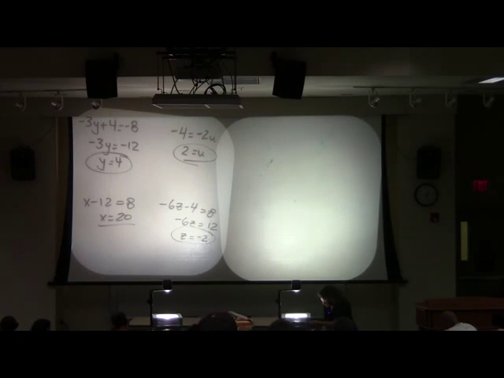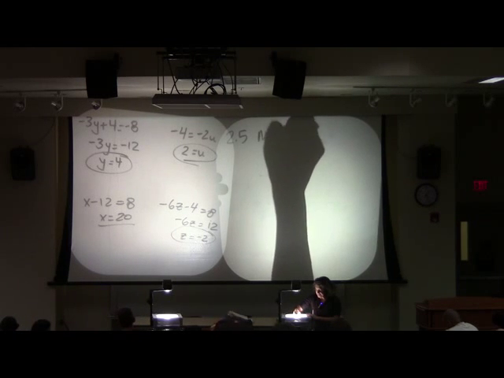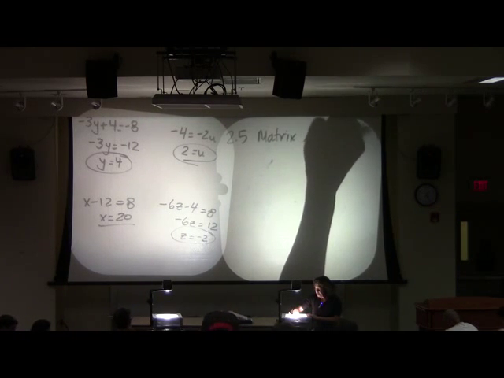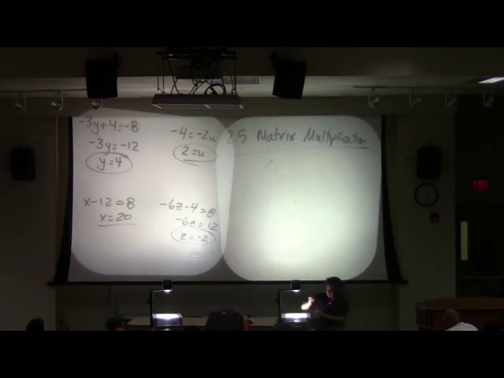Okay, next. I'm not going to say a whole heck of a lot in section 2.5, but we need 2.5 in order to do 2.6. See, you know, at the end of class today, we're going to be able to solve bigger systems of equations than just 2 equations and 2 unknowns. So that's what we're building off for.